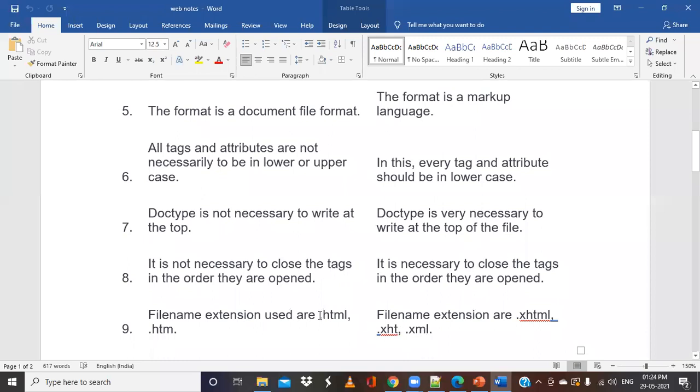We will be using .html or .xhtml for the programming part. So these are some of the basic things about HTML and XHTML, and we will be using version 1.1 of XHTML for our coming programs.